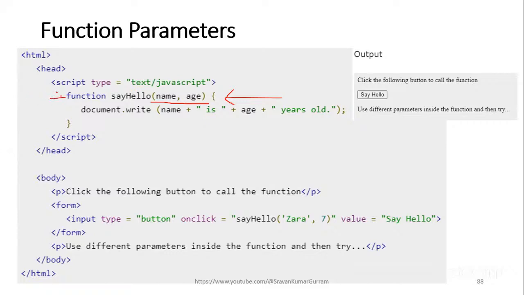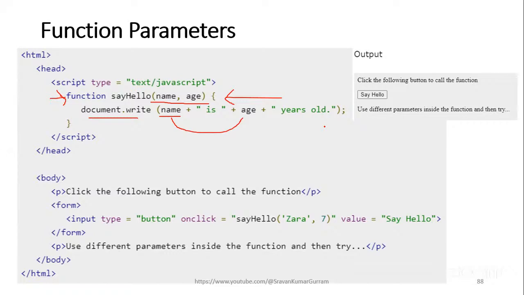Right. So while we are calling this function, we need to pass two values because we defined a function with two parameters here. Okay. And within the body, I am writing an output statement, document.write. I want to print the value of the name variable. So name value is and age value is, like that you can write. You can customize it